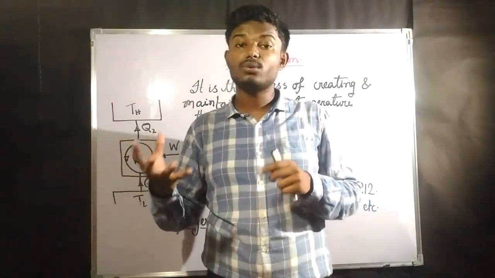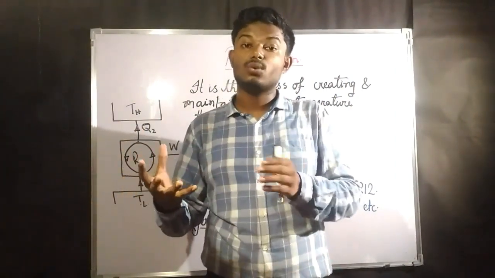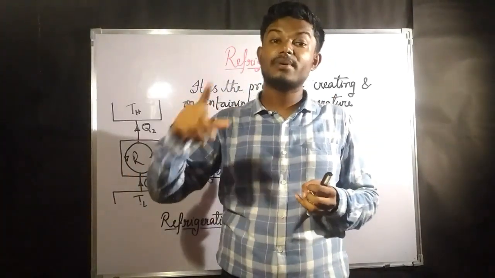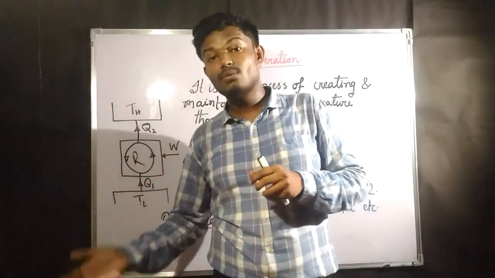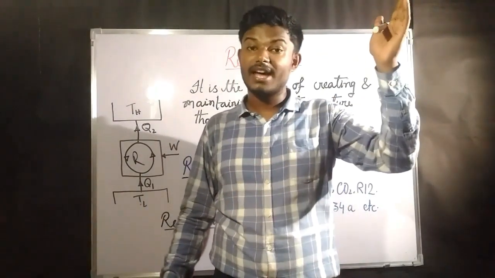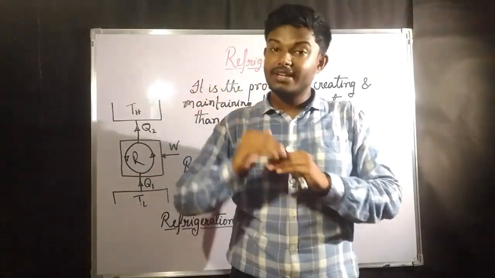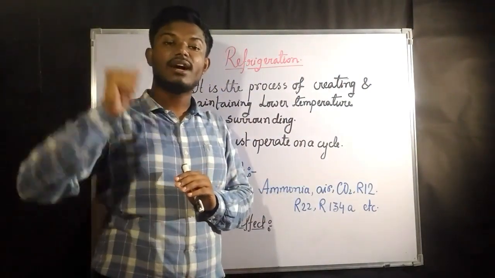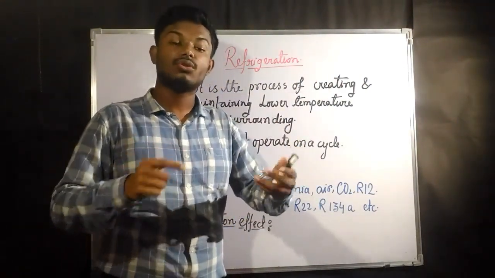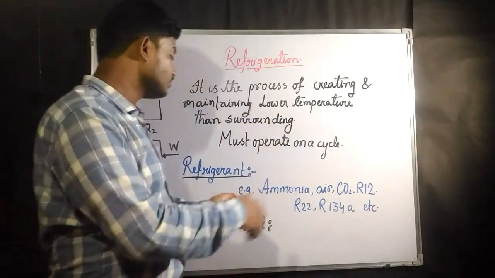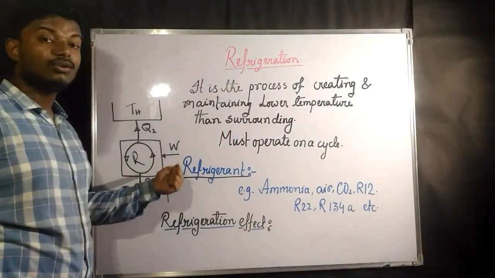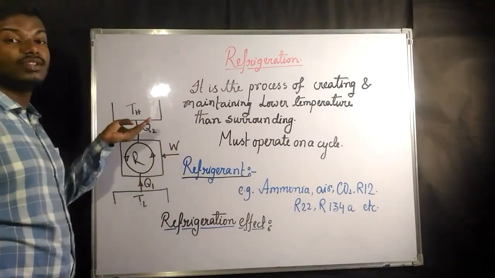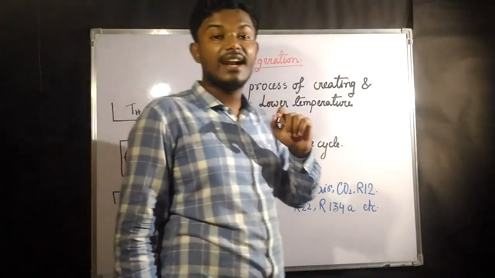Now what we need to do is reverse this. We need to take the heat out from the lower temperature and give it to a higher temperature, similarly to taking water from lower altitude and giving it to the higher altitude. Taking the heat from lower temperature and giving it to higher temperature is against nature. So to go against nature, we need to give some work. That is the reason why in refrigeration we give some work so that the heat goes up from a lower temperature to a higher temperature.